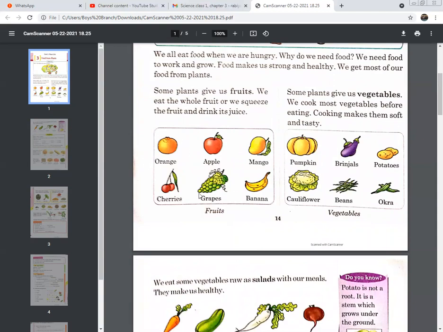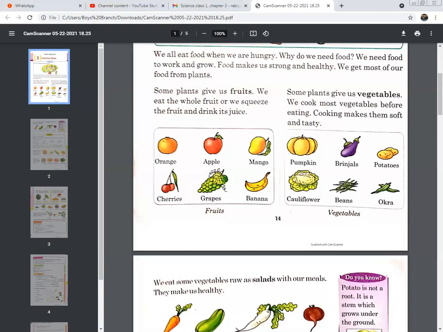And there is a wide range of fruits and vegetables which we eat, and we can find them in different colors and different shapes. If you see, oranges are full of vitamin C and calcium. They give us orange juice as well, and their color is orange. They are very yummy fruit. Similarly, apple, mango, bananas, you can see their different shapes and different tastes, different colors. They appeal to our eyes.